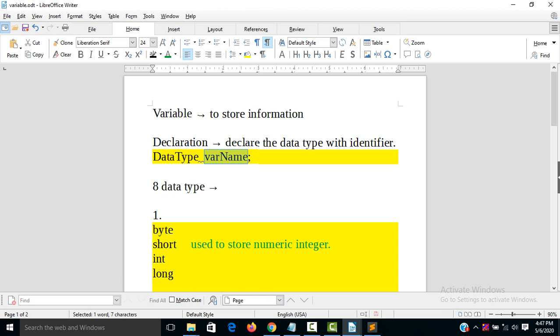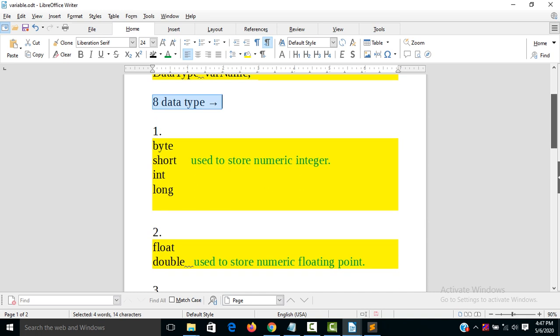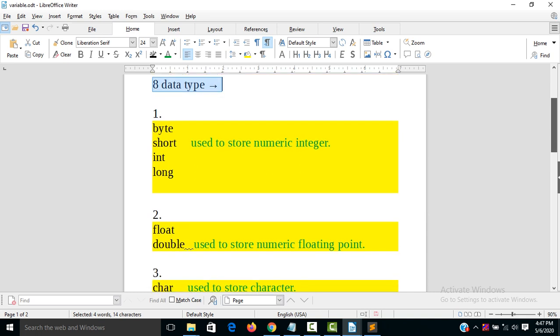So this is called declaration of variables. There are eight data types, categorized into three parts.